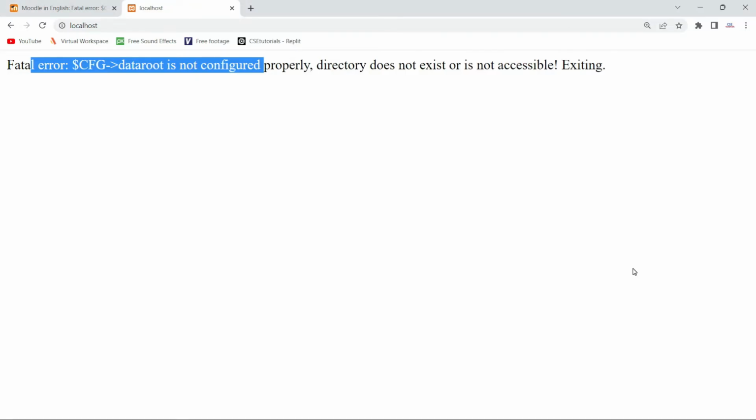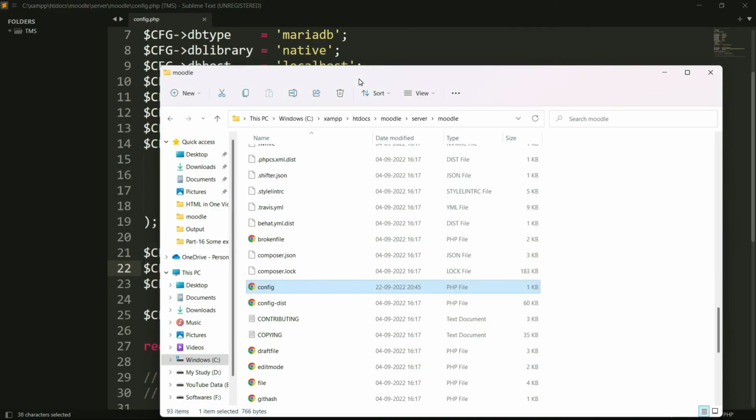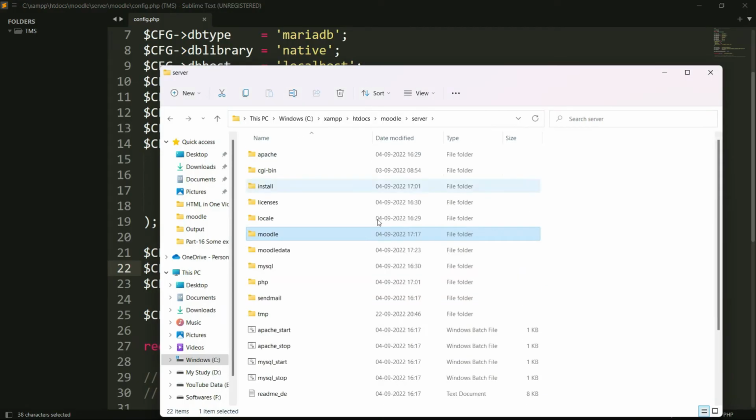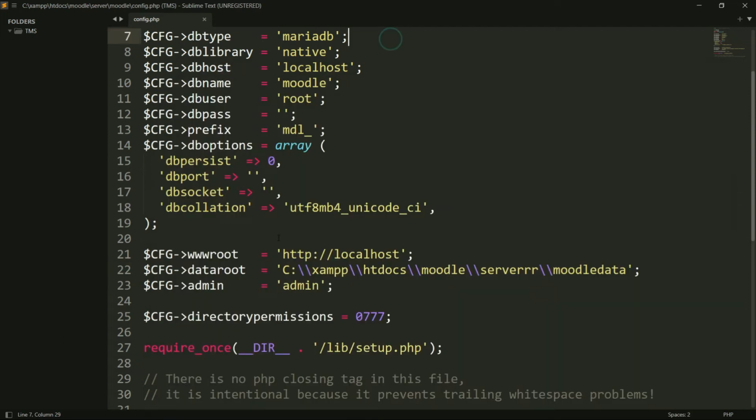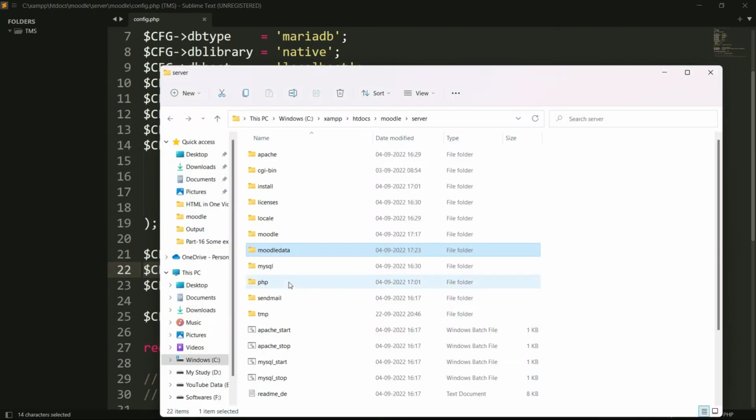Basically this is the path to your Moodle data folder, here you can see a folder named moodledata. This $CFG->dataroot variable contains the path of this Moodle data folder. The path should be given correctly. This might be the cause of that error.